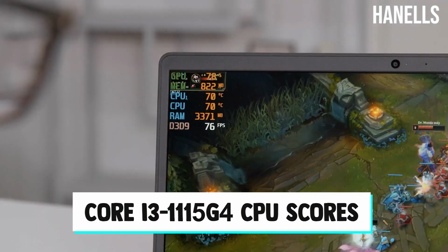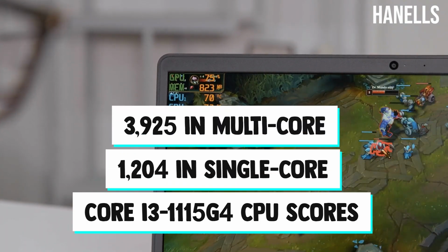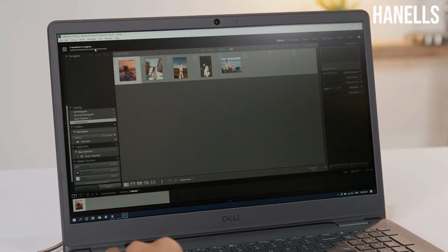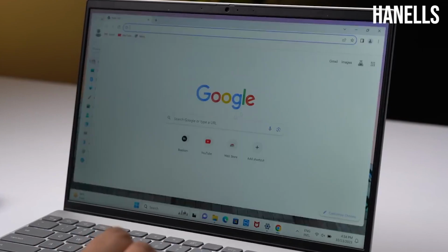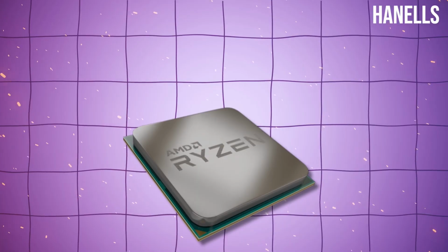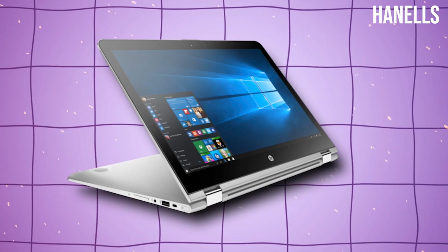i3-1115G4 CPU scores 1,204 in single-core and 3,925 in multi-core. Those numbers surpass equivalent 10th generation Core i3 models, speaking to the performance uplift of the newer 11th gen silicon. Though unsurprisingly, more premium chips like the Ryzen 5 4600U and the HP Envy x360 15 still maintain